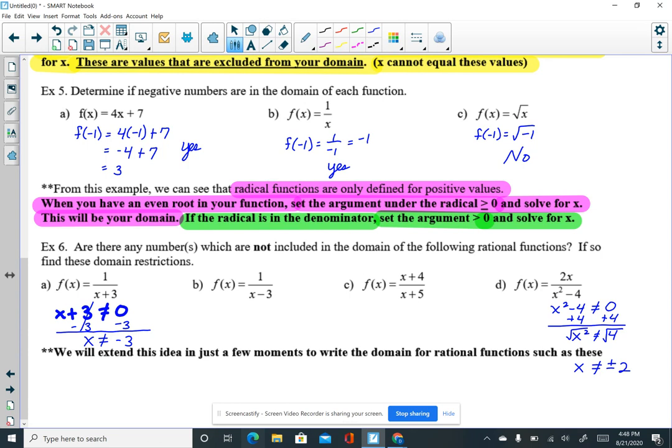So x cannot equal plus or minus 2. In just a few moments, we'll extend this idea a little bit further and talk about how this relates even further to the domain in terms of interval notation. So if you flip it on over to the next page,